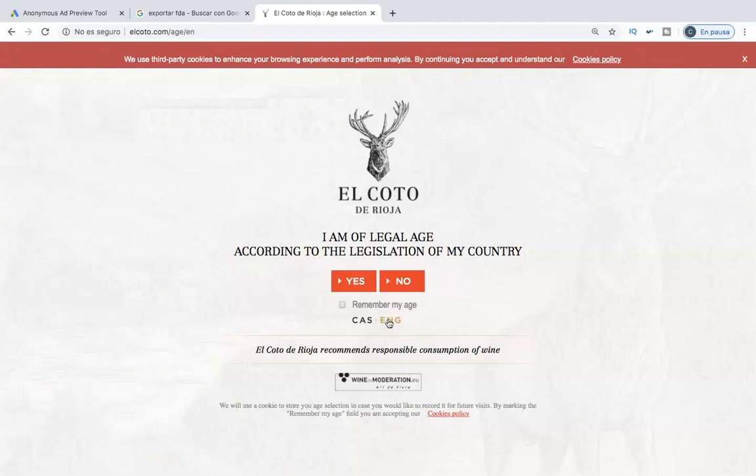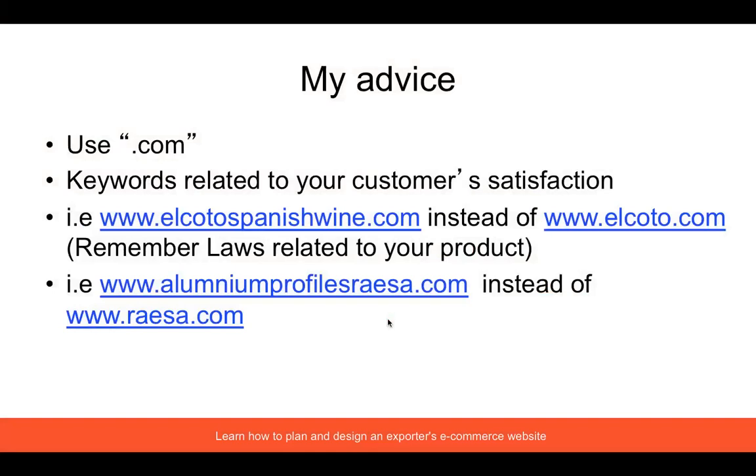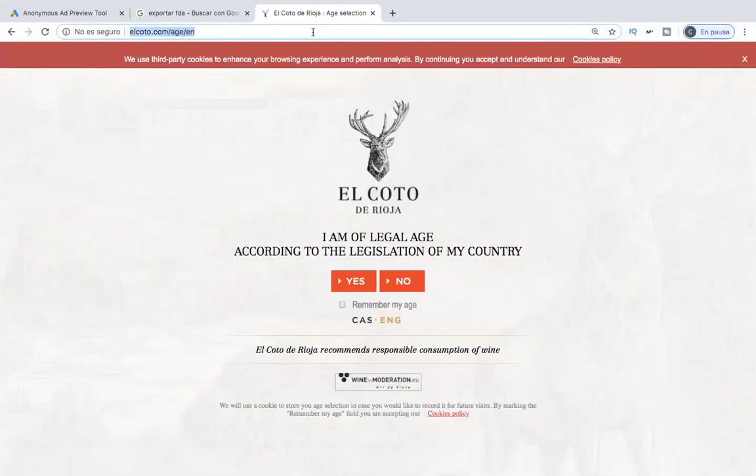Well, back to El Coto. I am a Spaniard. I know what El Coto is, but you don't know what El Coto is. Why? Because El Coto says nothing. So if instead of El Coto, the website was called elcotospanishwine.com, you still have your trademark, but you are explaining to people what they will find inside your website. So you are using the domain name as a ready-to-communicate product, and this is an example, product plus location. Another example, 10 years ago, I was advising a Spanish company,